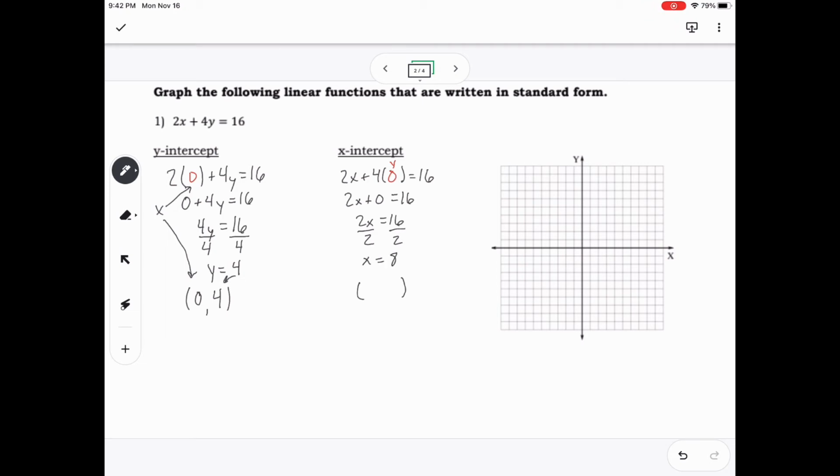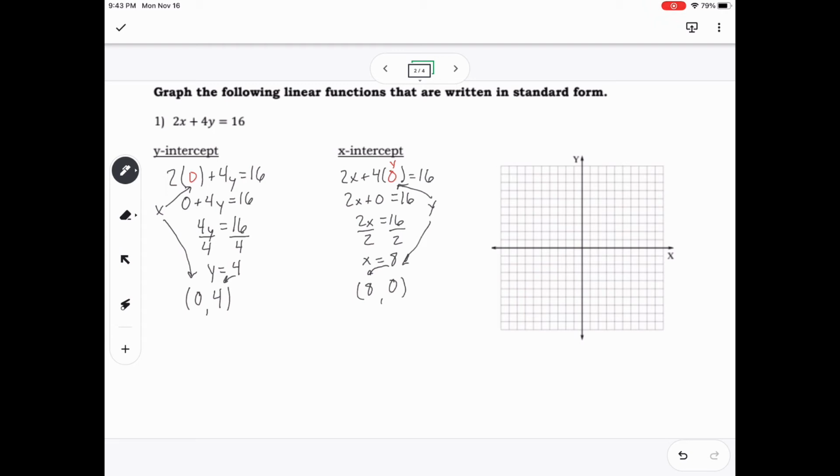So now writing my ordered pair, there's that value. Here is this value of y. Then I'm going to plug there. So I get the ordered pair 8, 0. So you should have one ordered pair that ends up being on the x-axis and one that ends up being